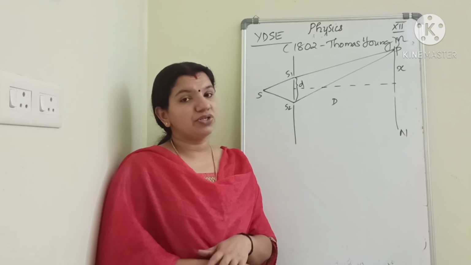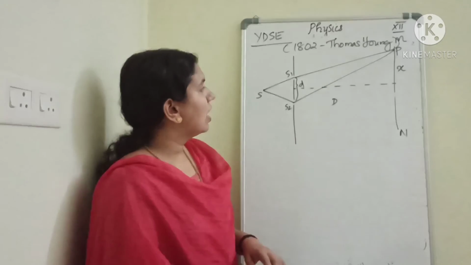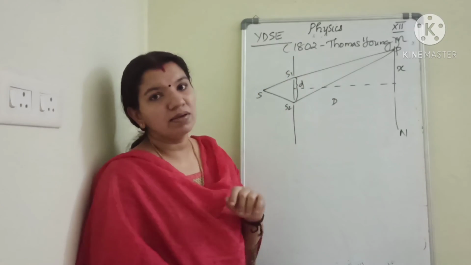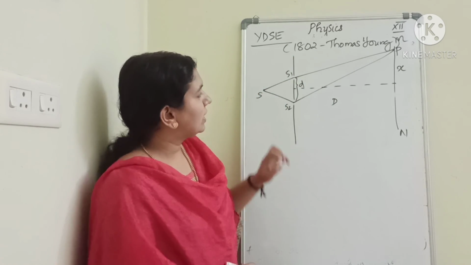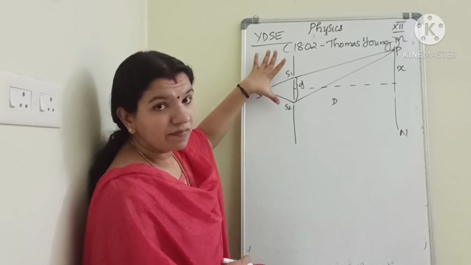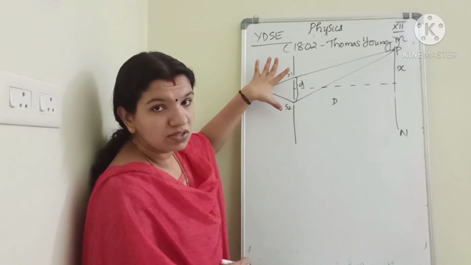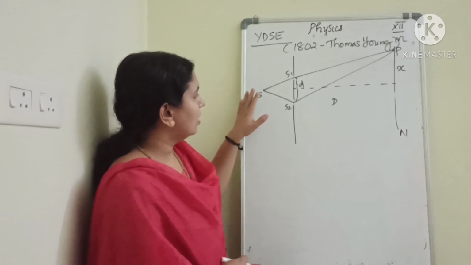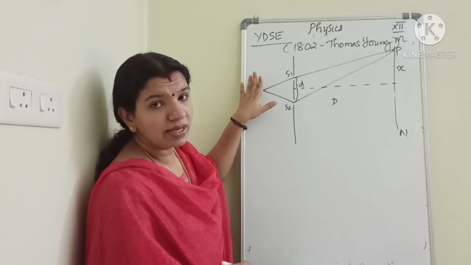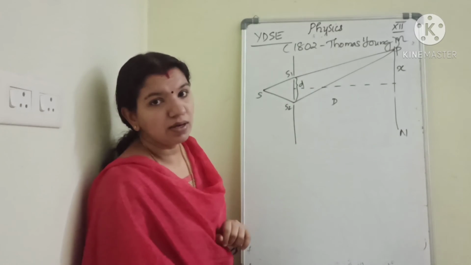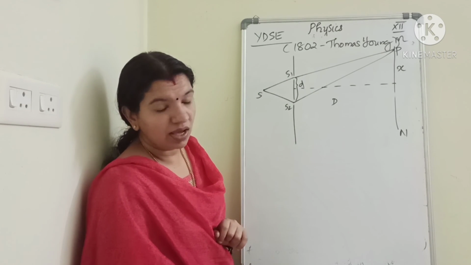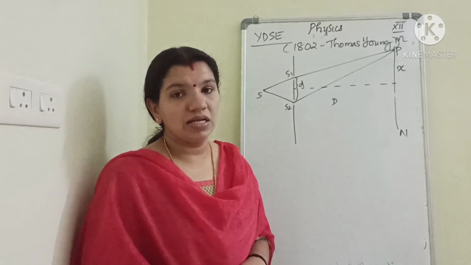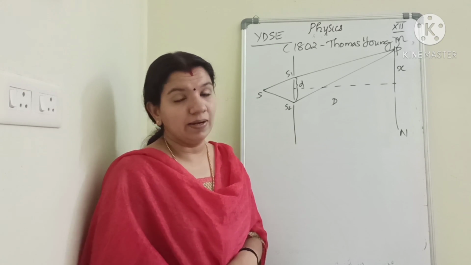After interference, you are getting a pattern on the screen. That was the observation, patterns on the screen. And when one slit was closed, you are not getting any pattern there. When the slits are kept far away, at a longer distance, you are not getting the pattern. If you are not using monochromatic light, you are not getting the pattern. Okay. So there are certain conditions for sustained interference on the screen.